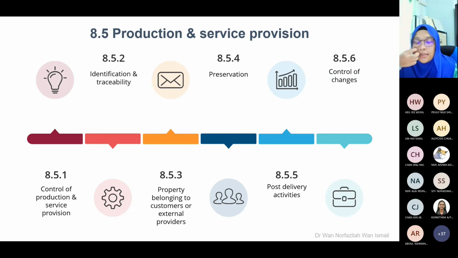Kalau sebelum ni you guna post, kita ada banyak jenis delivery service in Malaysia. So kalau dulu guna Pos Laju yang tak berapa laju lah. So sekarang dah ada banyak. CNT, ada Ninja Van. Okay, so which one that they are satisfied with? Okay, the previous one or the current one? So that one is one of the post-delivery activities.